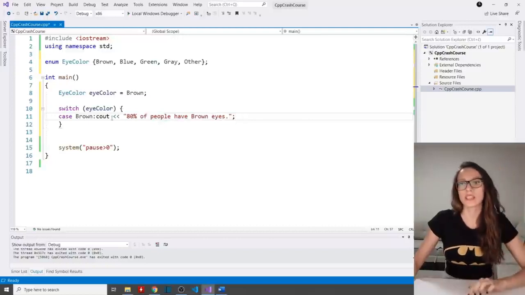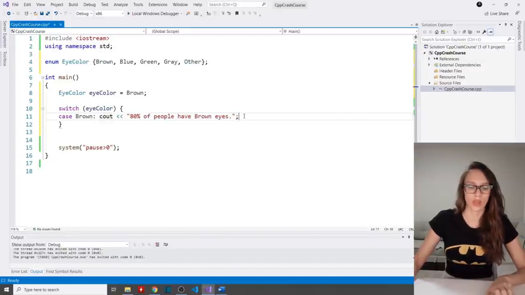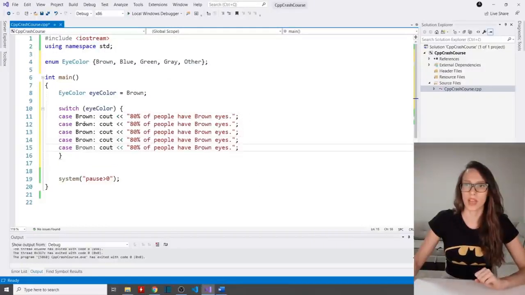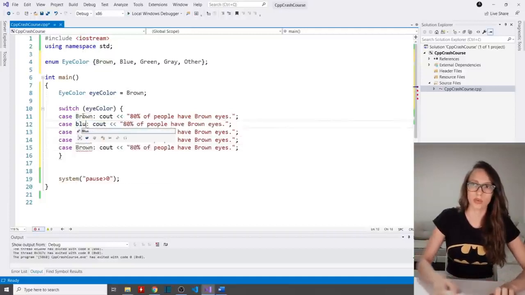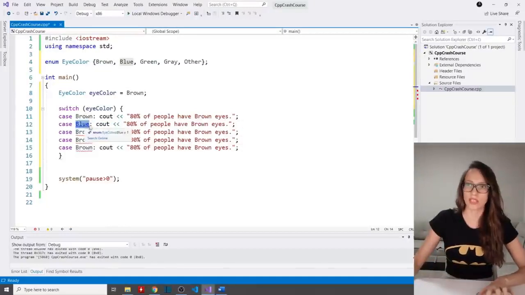Okay, and let's as well cover all of these other options. So I'm going to copy this, and I'm going to say in the case that eye color is blue, I'm going to say that I think 10% of people have blue eyes, like this.